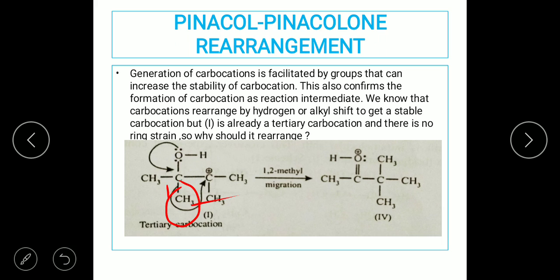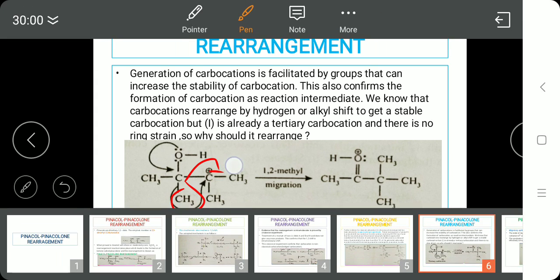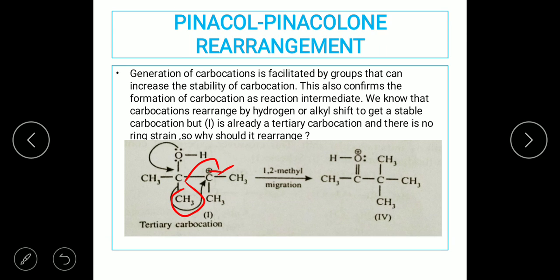Now this is possible. So that's the reason why, though a tertiary carbocation is generated during the mechanism, there is still a 1,2 shift, that is an alkyl shift here, to give rise to a carbocation at the adjacent carbon. And the positive charge on this adjacent carbocation can be reduced because of a heteroatom attached to the carbocation. So this is one of the reasons why, though there is a tertiary carbocation, there is still a migration of the methyl group. That is, the 1,2-methyl group is migrated.